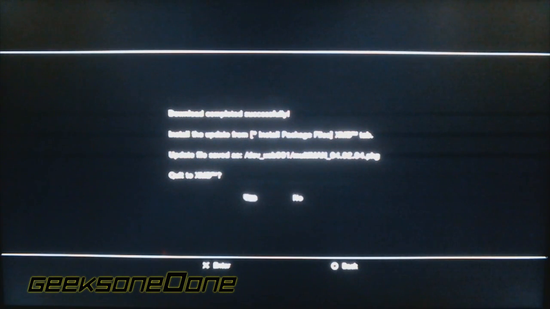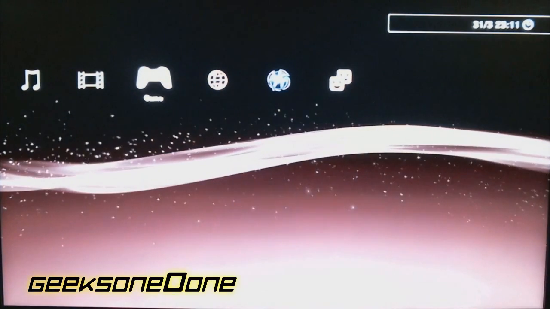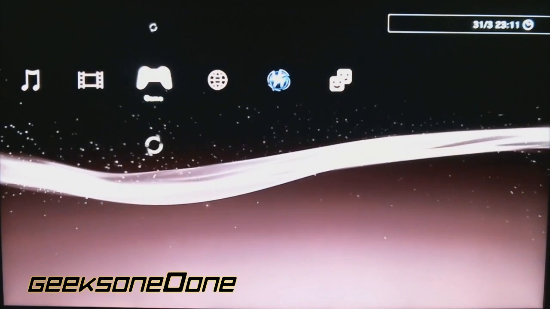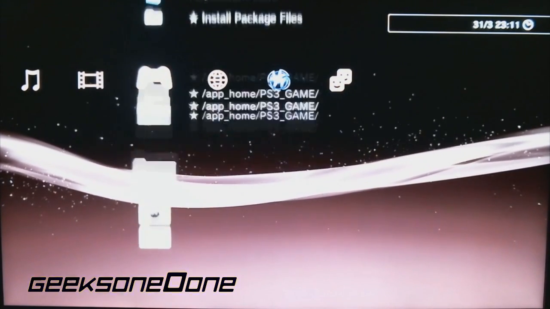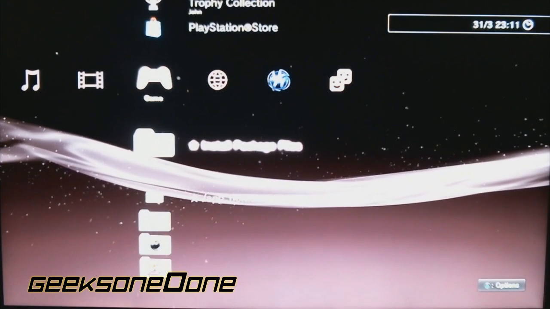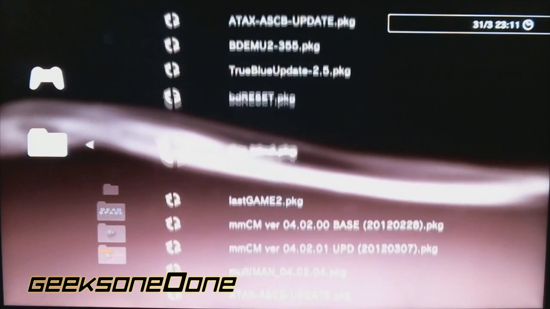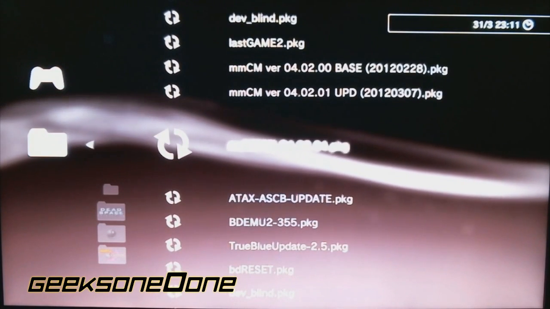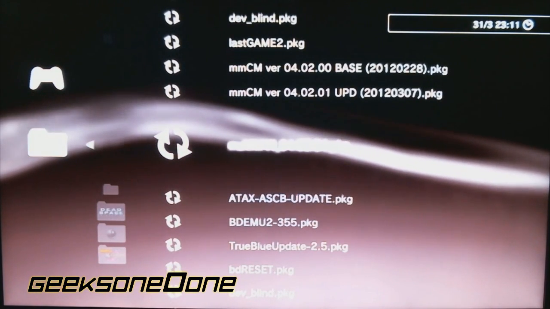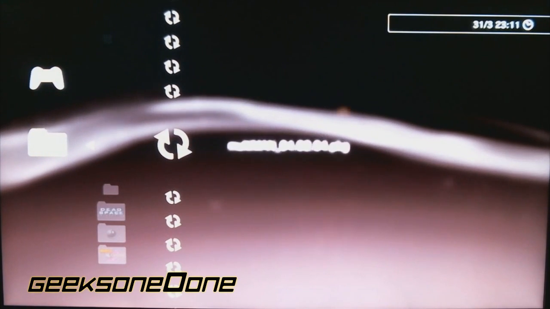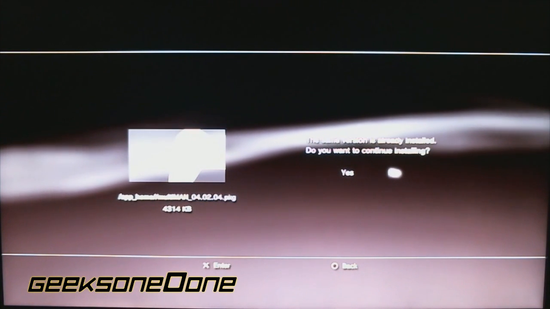I'm gonna click on the yes, and it will quit to the PlayStation 3 XMB again. And basically I'm gonna follow the instruction that it gave me. So I'm gonna go to install package files, click X, and I'm gonna try to find the file that it downloaded, and this is the one for 04.02.04.pkg. So I'm gonna click on that one. The same version is already installed, blah blah blah. Just click